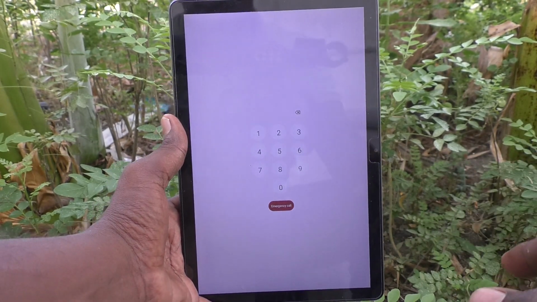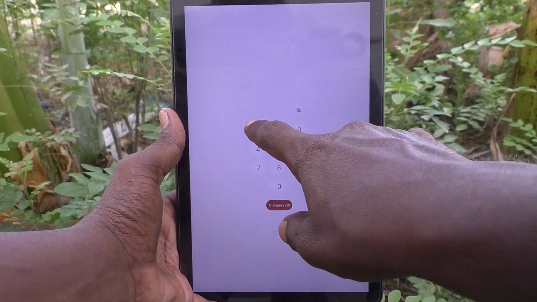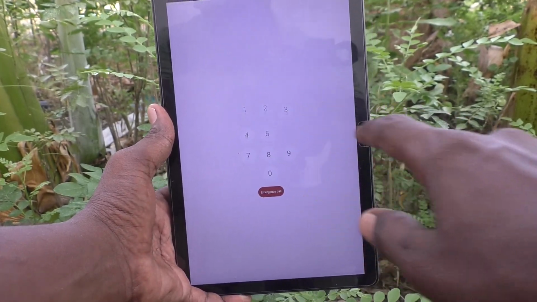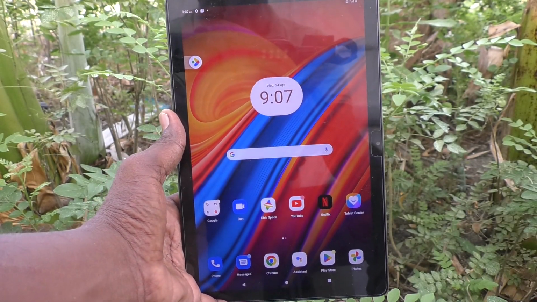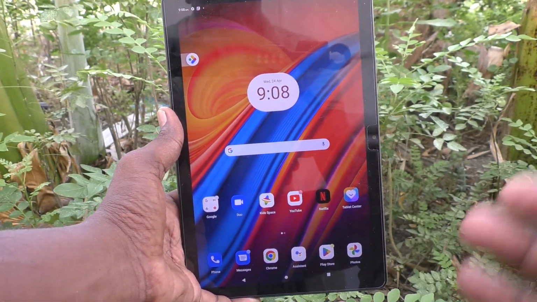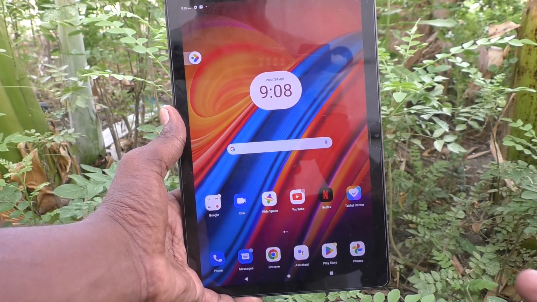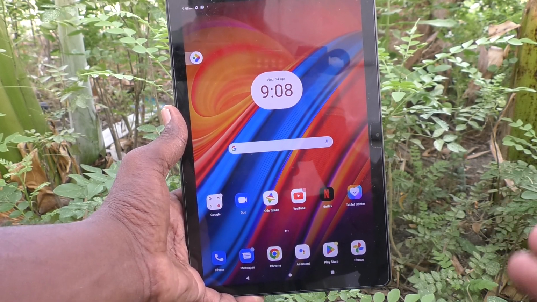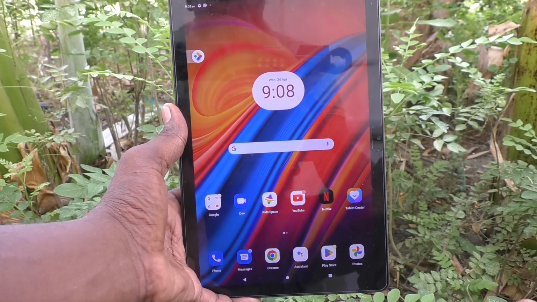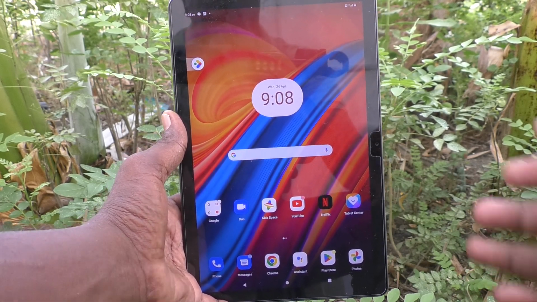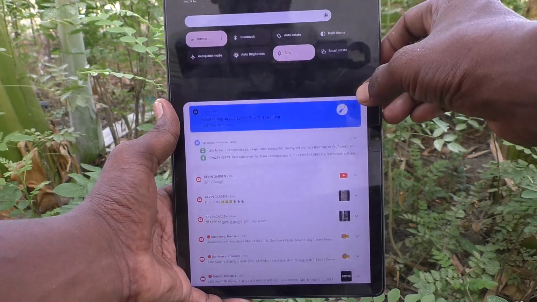It will ask your current pin. So this is current pin I have set. Now I would like to change from this current pin 1616 to password, that is alphanumeric password, combination of letters and numbers. Okay, so what I got to do is just go to the settings of tablet,